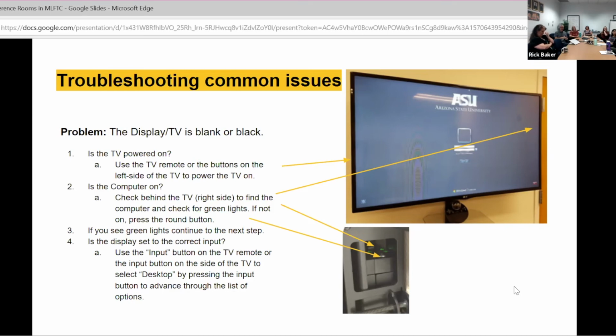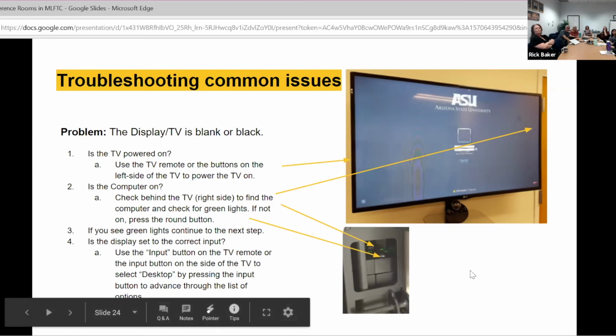So I've got a couple of little arrows that you see before we leave here today. If you've not seen where those are, I want you to take a look at that. I'll stick around and we can talk a little bit about that and show you what's there. But if you see the green lights, just continue on to the next step. And really that is